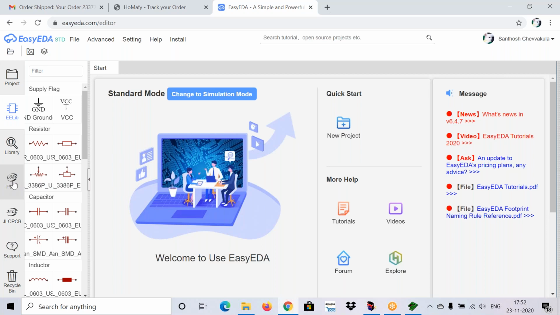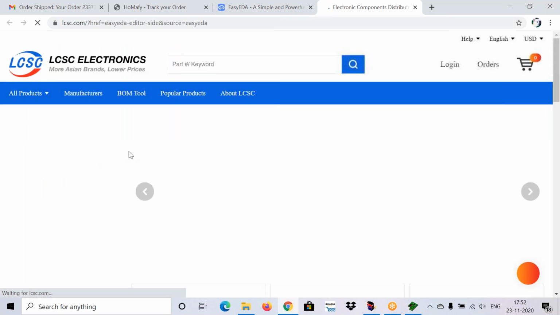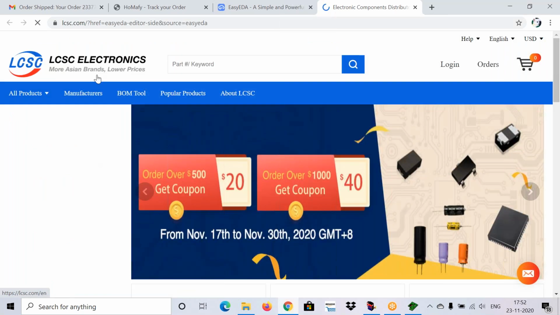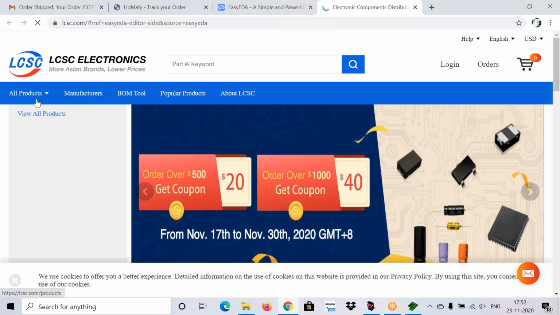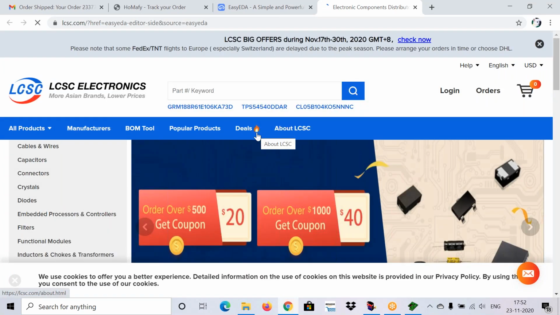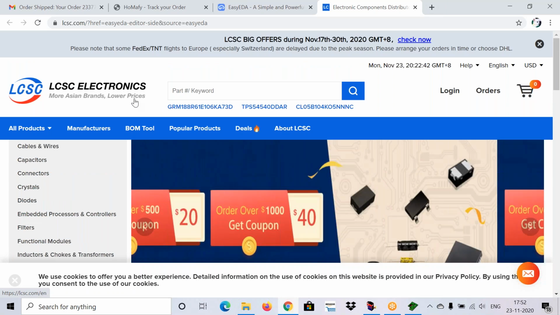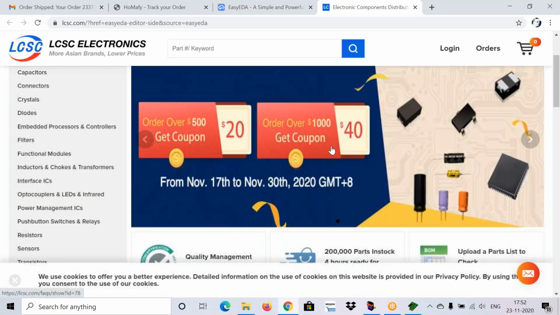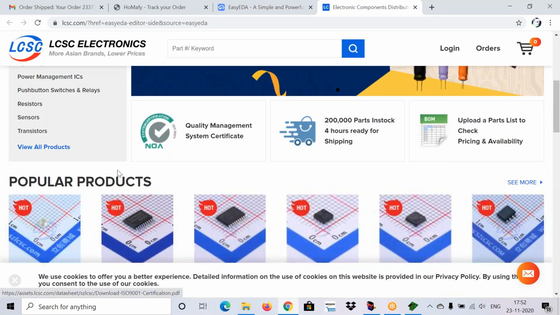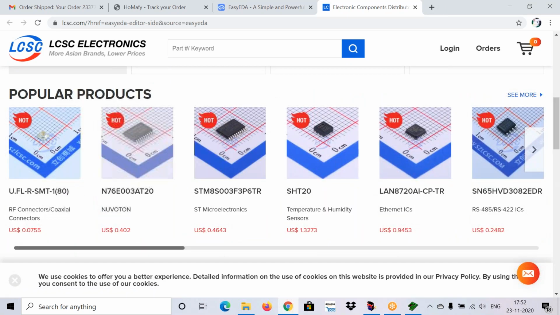If you click on it, it will directly take you to the LCSC electronics homepage. This is an online electronics selling website or platform. If you go to it, you will find all the electronic components, and if you want, you can directly place an order here.